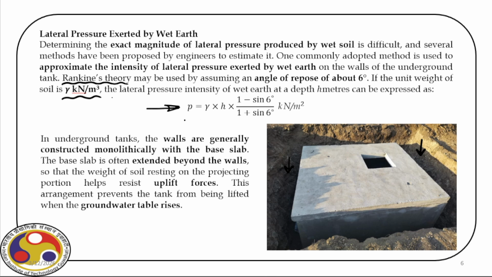So P, which is the soil pressure, is gamma times h times (1 minus sine 6 degree) divided by (1 plus sine 6 degree). In this theory, we assume the angle of repose is about 6 degree, and hence you can see here. Okay. Now, once we remove the soil at the site,